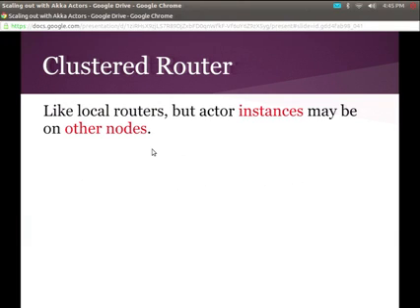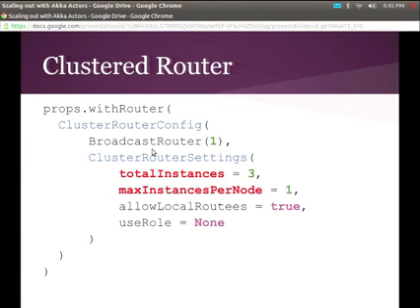All right, so in the cluster, we have clustered routers. So I can actually create an actor, and I don't care what node the actor lives on. I can split it across many nodes. All right? I can shard these things out. So here's what it looks like for our system when we create our new search router. I'm creating a broadcast router with 1 instance because my topics are rather intense. It's a lot of data. And I only want one of these guys living on any particular node.